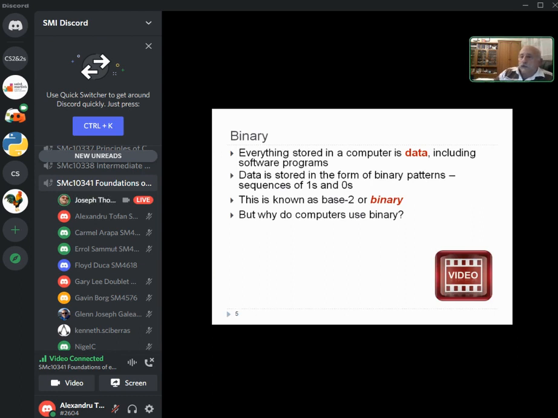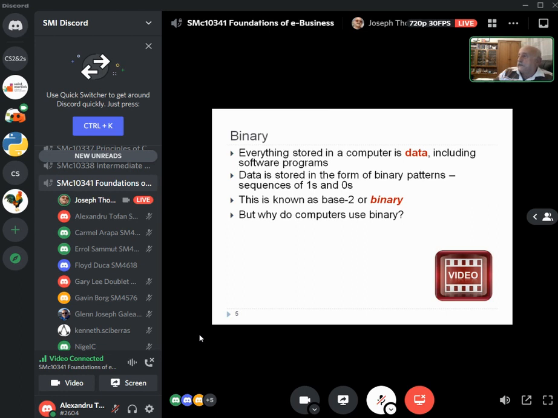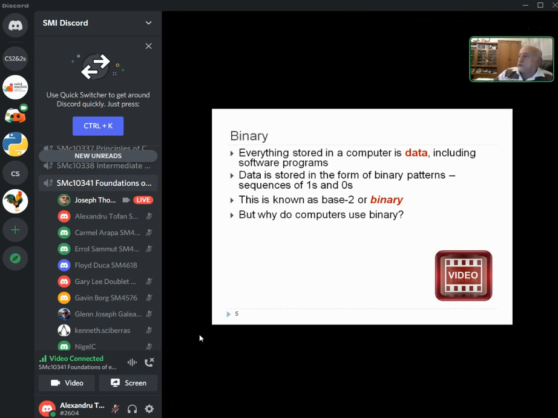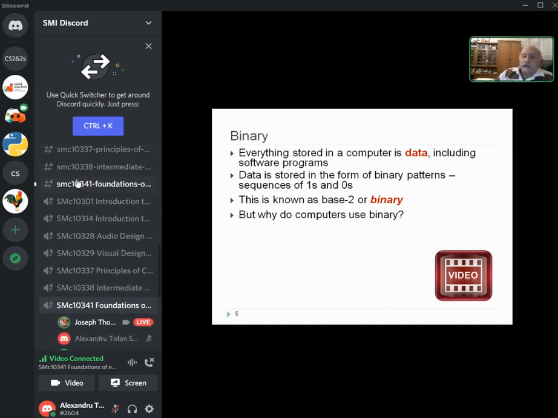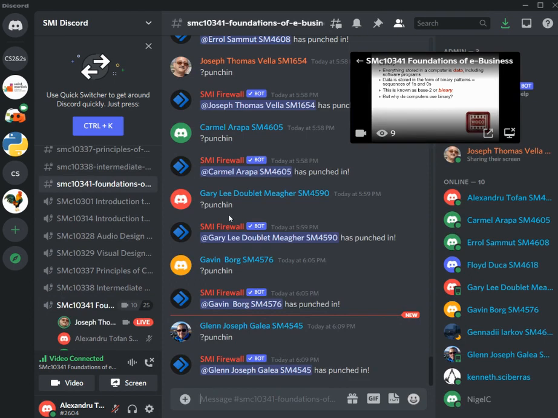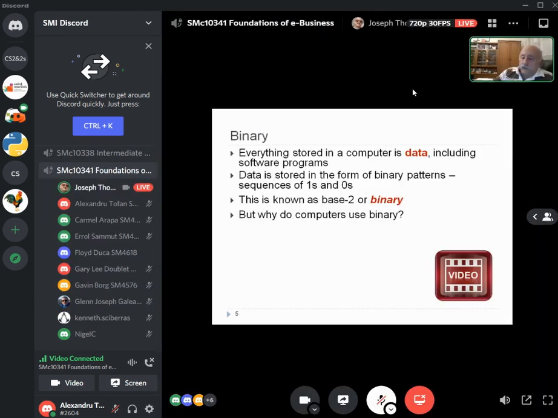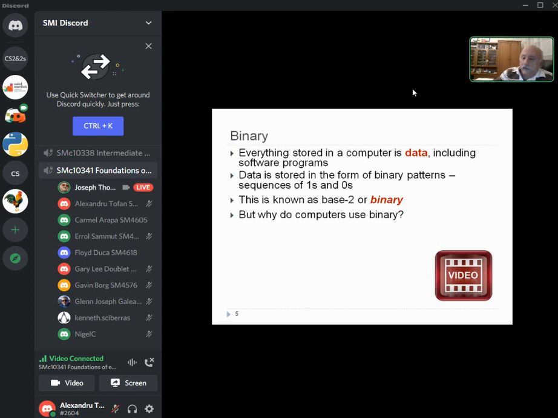Now we are used to our decimal system where we have numbers from 0 to 9, and then obviously we use 2 digits and then 3 digits, etc. However, computers can't read our decimal system. And we store everything. Whatever we store in a computer is data, even software programs for the computer, that is data. And again, there are the videos that I mentioned on Moodle, about why we use binary,